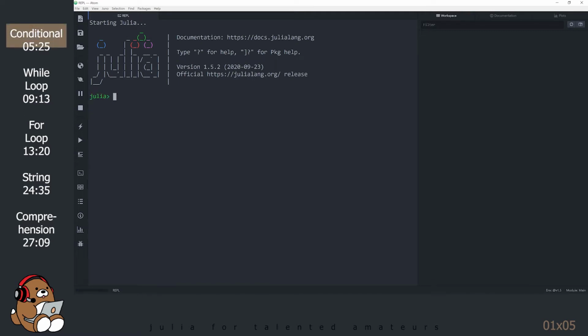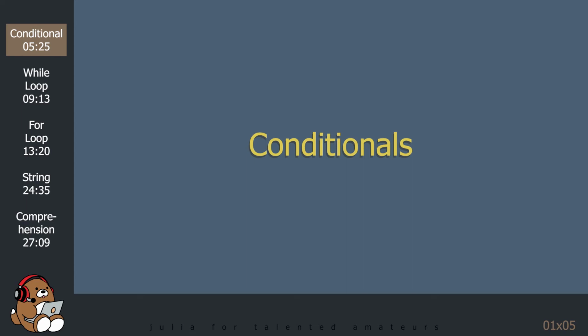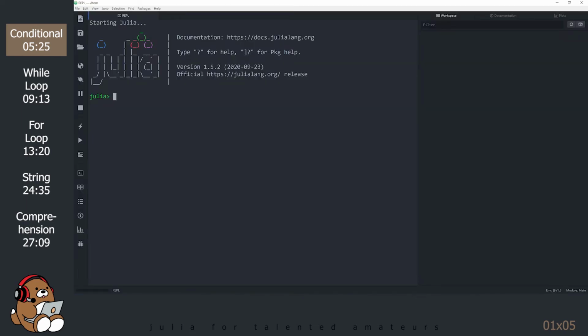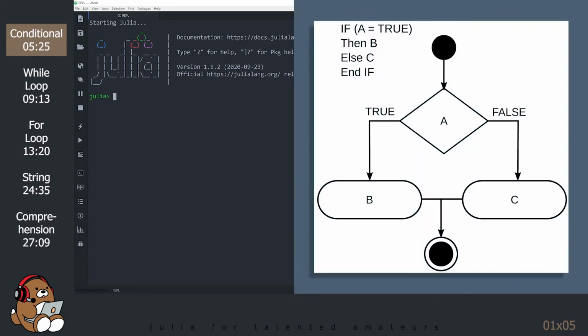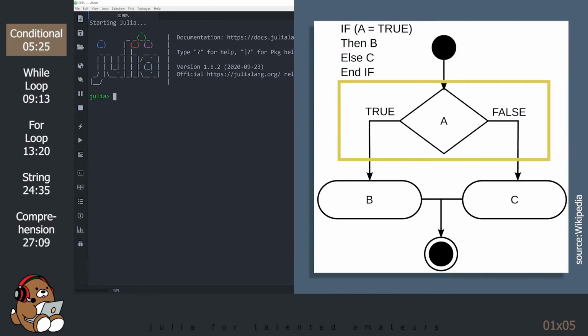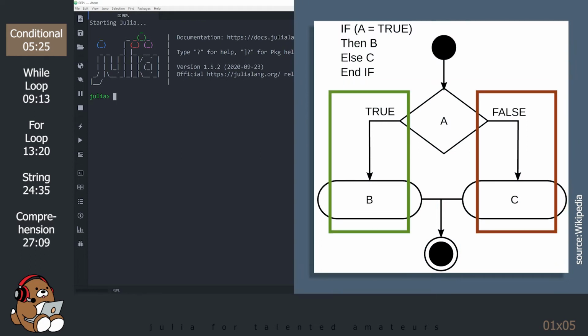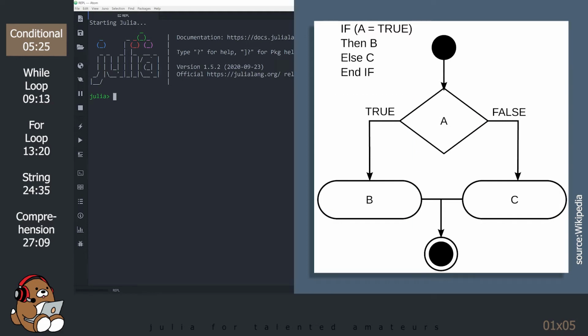Now, back to the show. Conditionals are also known as branching. In fact, both are very descriptive of how this control flow works. A conditional evaluates a Boolean expression and determines whether it's true or false. Depending on the result, the program will then branch in one direction or another, which allows the programmer the ability to give a different set of instructions to those expressions evaluating as true versus those expressions evaluating as false.